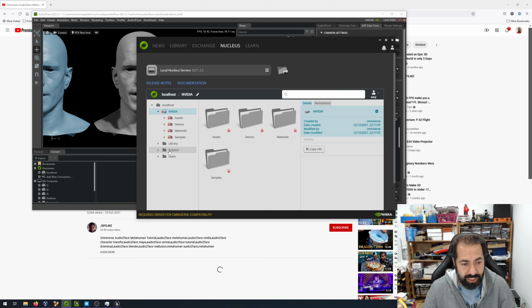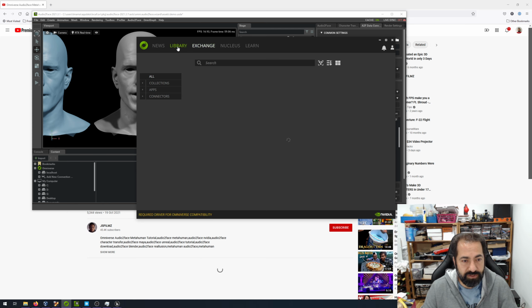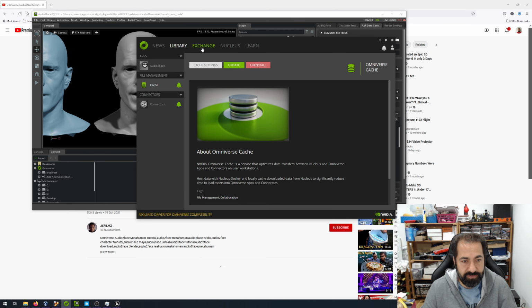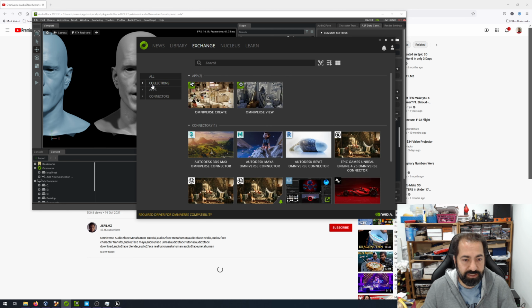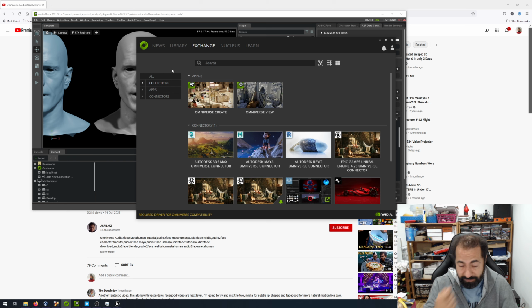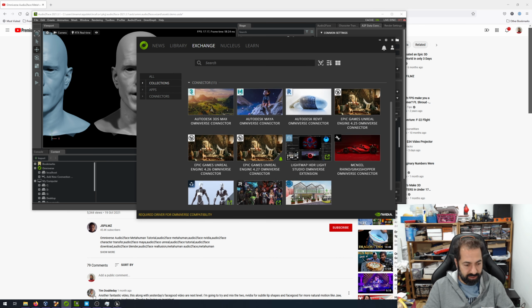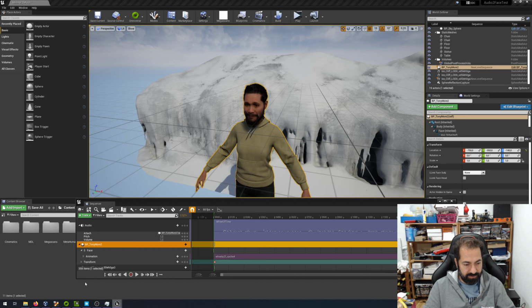When I eventually added it to the project, I added Omniverse to the project. Adding Omniverse to a project is relatively straightforward, but if you don't do it at the time when you're creating your project, you will have to do it after the fact. And so that's the Omniverse connector that you install, and then you'll get the Omniverse connector over here. And I did need to pull an asset out of it,